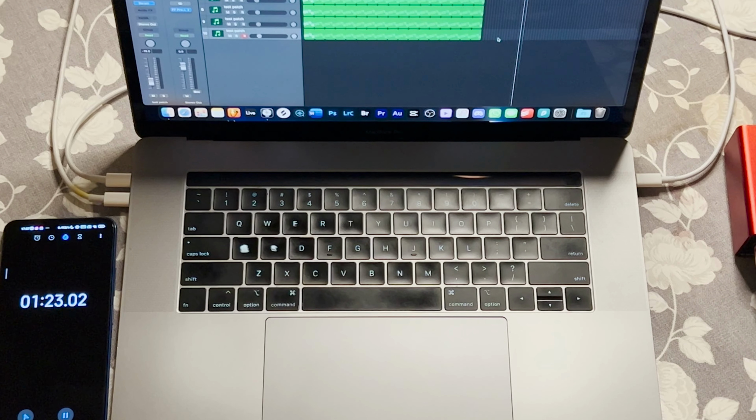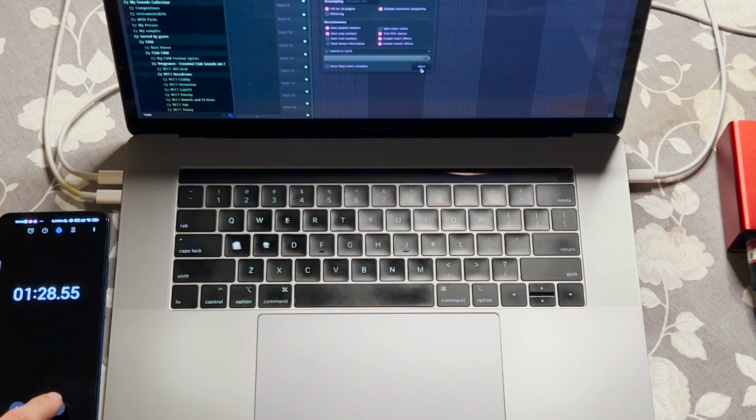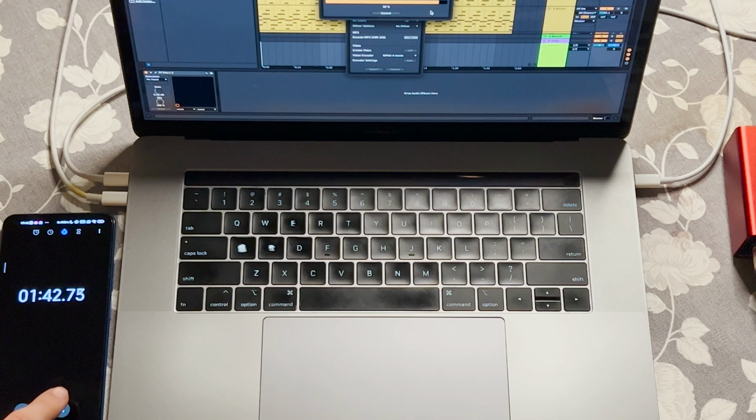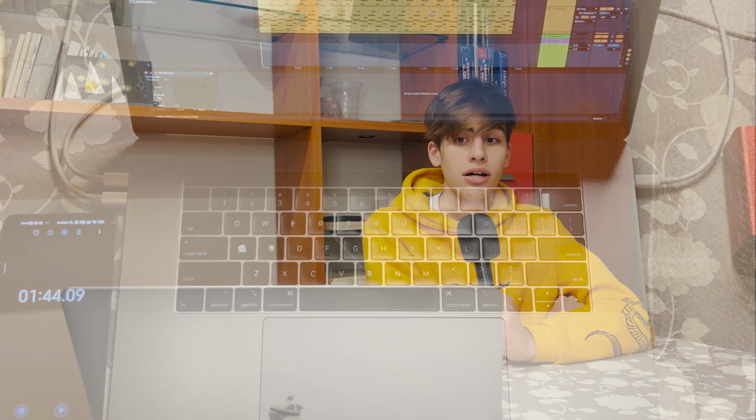So the performance on playback is roughly the same. Our render test showed something interesting. So our scientists showed that Logic is actually the fastest with 1 minute and 28 render time, and then FL Studio is second fastest with 1 minute and 30, so it's not off by too much, it's just 2 seconds, you know. And then Ableton is way up in the 140s, so it's like really slow at rendering. I have no idea what causes this rendering process to be so slow, but Ableton's definitely the slowest in this test.